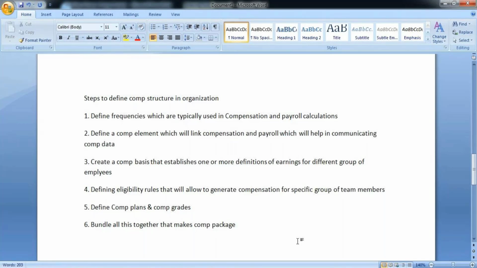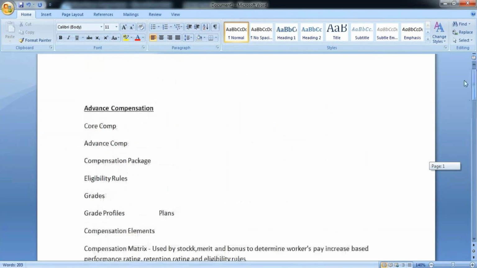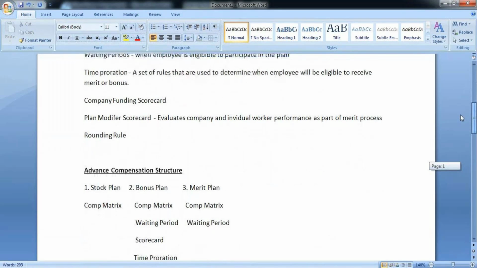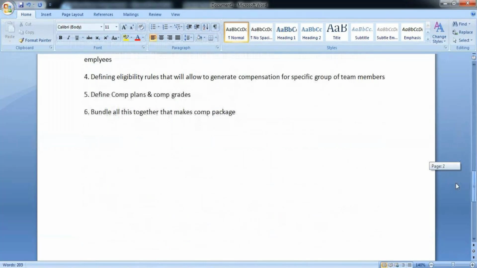And other than these conceptual things we've discussed so far, like compensation matrix, time period, time proration, and scorecards, there are a few basic terminologies. Whenever you get certain skills in the advanced compensation area, mostly you'll be talking with these terminologies in advanced compensation language. If you're aware of these, you should be able to understand what each advanced compensation component performs, and you'll be able to take some decisions related to advanced compensation. So the first one I can say,